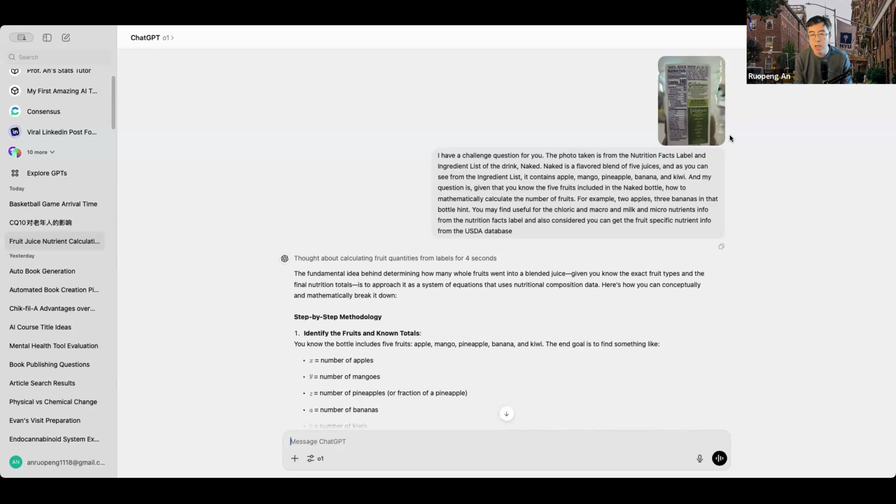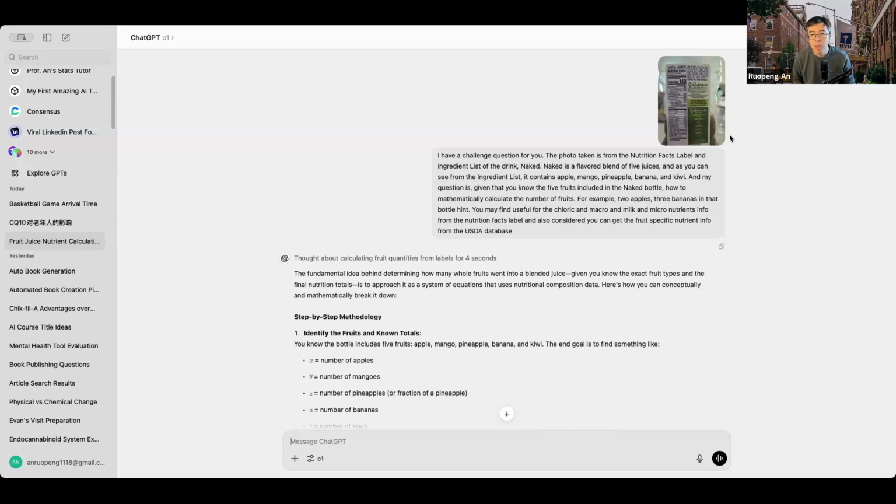And on the right-hand side, it provides the different types of vegetables and fruits. There are a total of 5 different fruits: apple, mango, pineapple, banana, and kiwi, as well as a number of vegetables that were included in this juice.